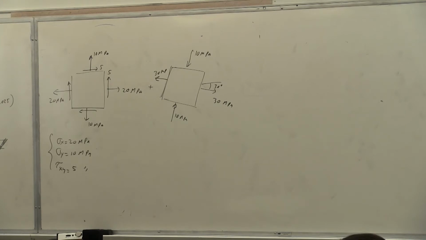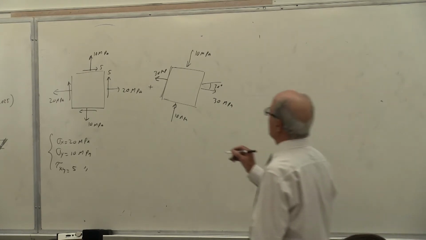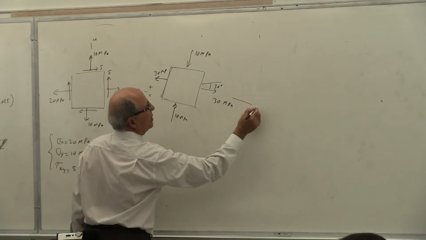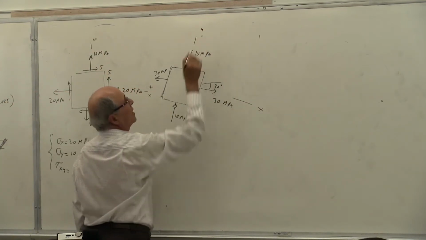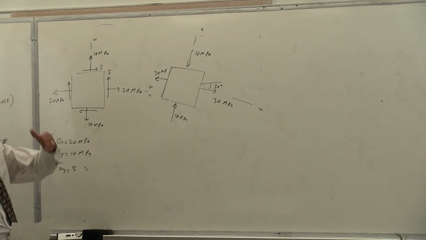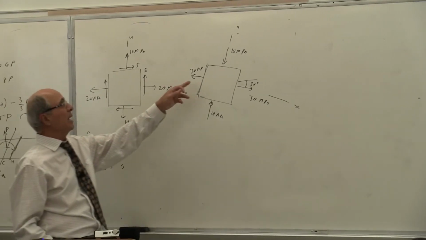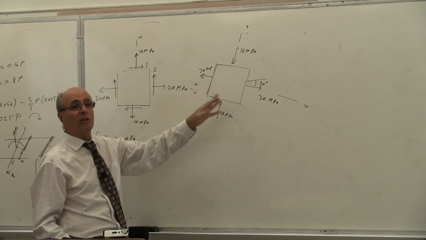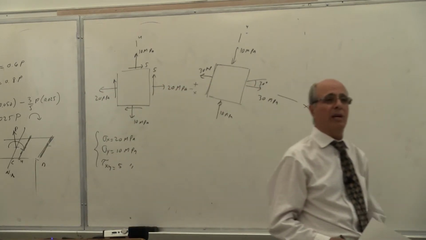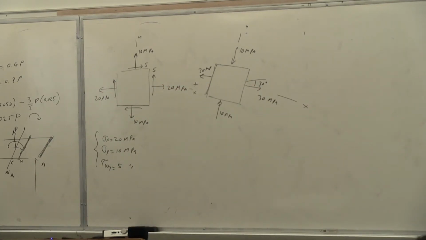Because one is about this XY axis, the other one is about this XY axis, which are different. Obviously, one solution that somebody suggested from the other class, can we break that into components along X and Y and add it together? If they were forces, yes, you can. But these are stresses. This depends on the I, depends on A, and from point to point this keeps changing. No, you cannot do that.